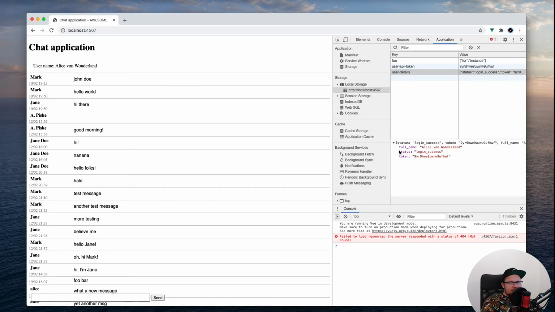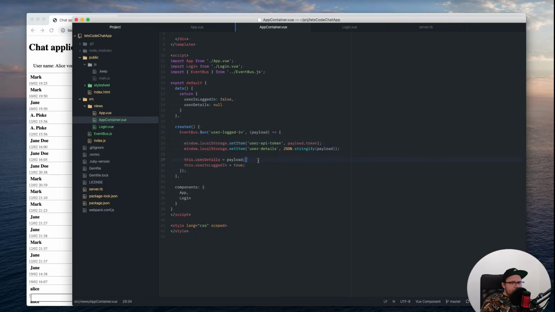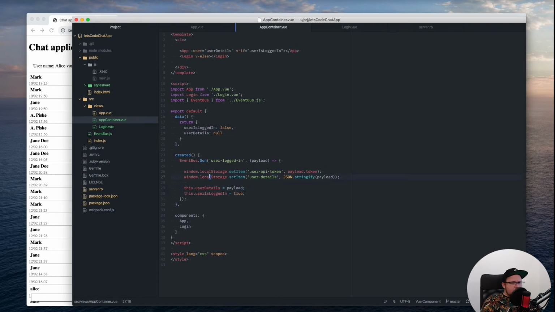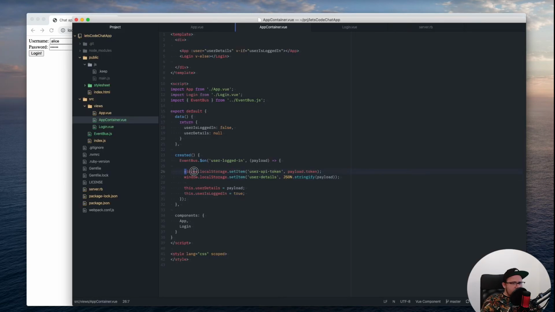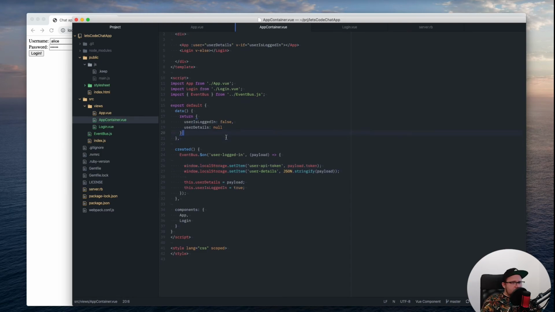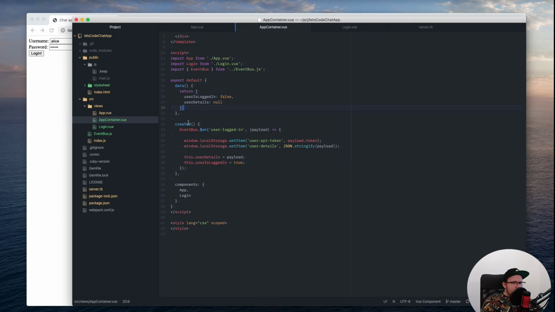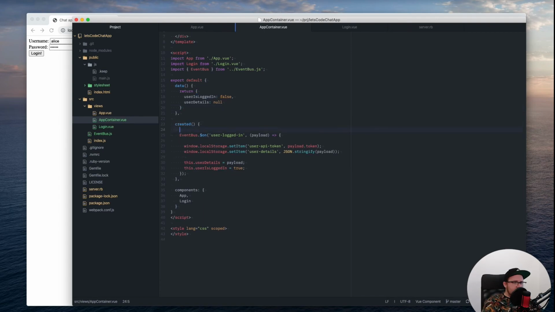Yeah, actually, I could just store the full name. That would be enough. Anyway, let's store it like that. And well, that doesn't quite solve our problem because we still have this thing. But now we have this information in the local storage. So what I can do here in the app container is whenever this is created, I'm gonna do something